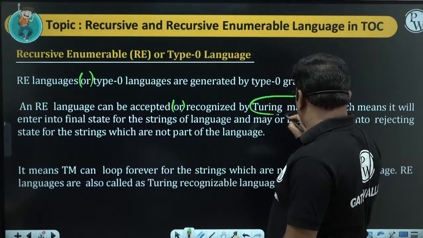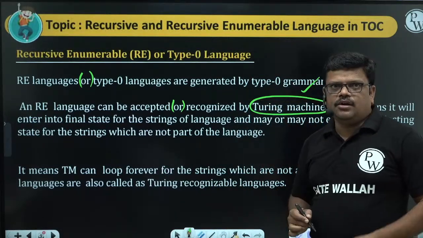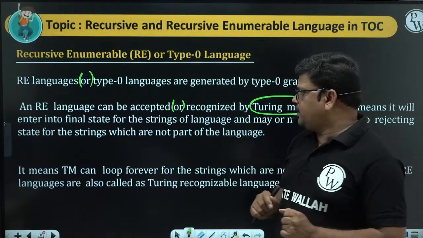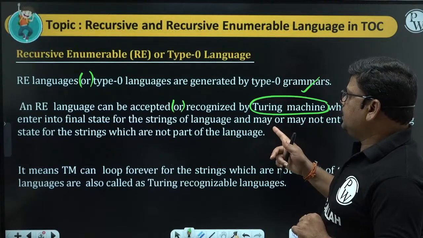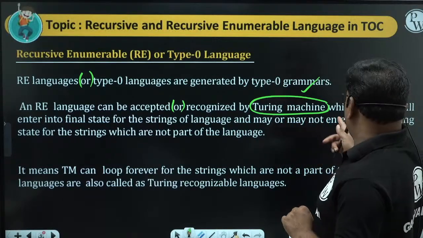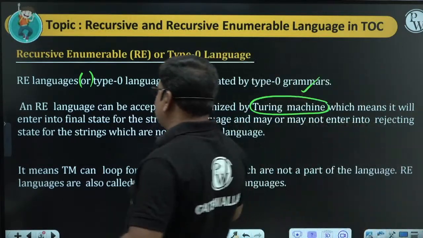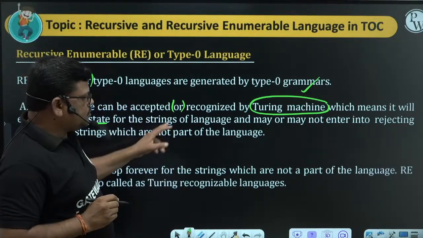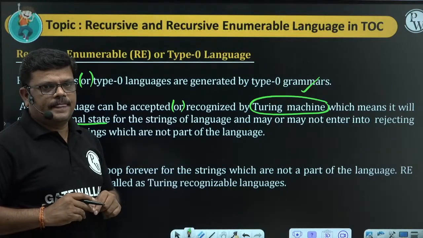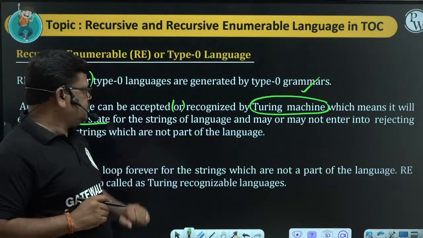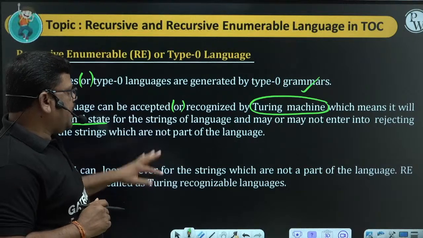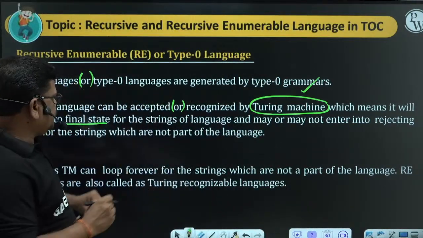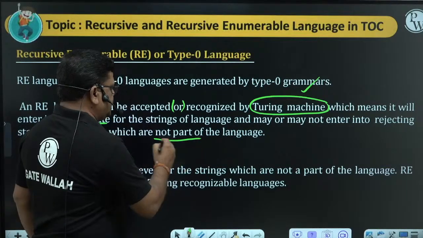Whenever I say a default Turing machine, it may or may not be a halting machine. So it will enter into the final state for the strings of the language, and may or may not enter into the rejecting state for the strings which are not part of the language.